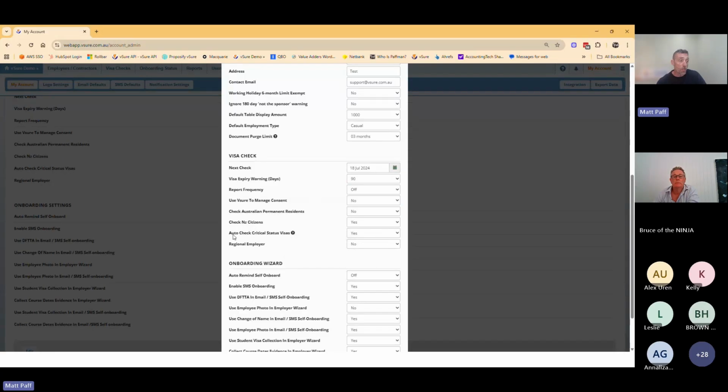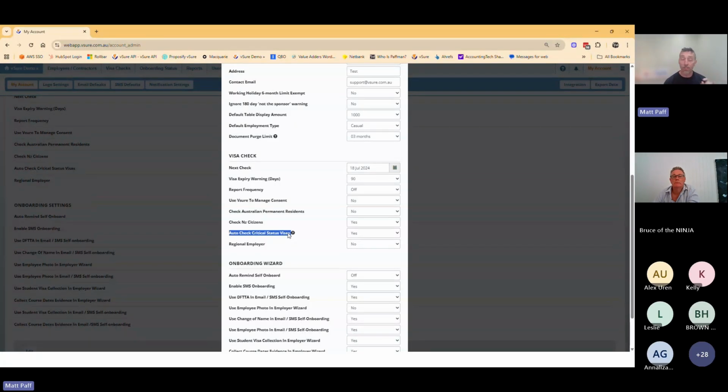I mentioned this before, you can set the frequency of the rechecks of your temporary visas, noting that this one here, auto check critical status visas, is 14 days out from expiry, where most substantive visas will be in place if they are granted, 14 days out from expiry of the previous visa. The exception is bridging visas, which won't show until the day after the previous visa. So this setting here, 14 days out from expiry, we'll recheck the visa, and then the day after the visa, we'll recheck the visa, which is to pick up the bridging visa.